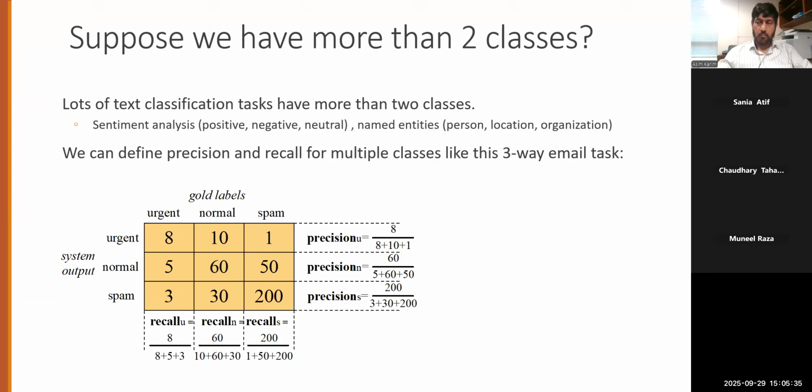ठीक है, so if you have more than 2 classes, you can always build a confusion matrix. Of course, this confusion matrix would not be 2 by 2. It would be, of course, the number of classes by the number of classes. अगेन आपने decide करना है कि rows में आपके पास gold standard है या columns में है, and alternatively दूसरी जगह पे आपके पास predicted values होंगी.